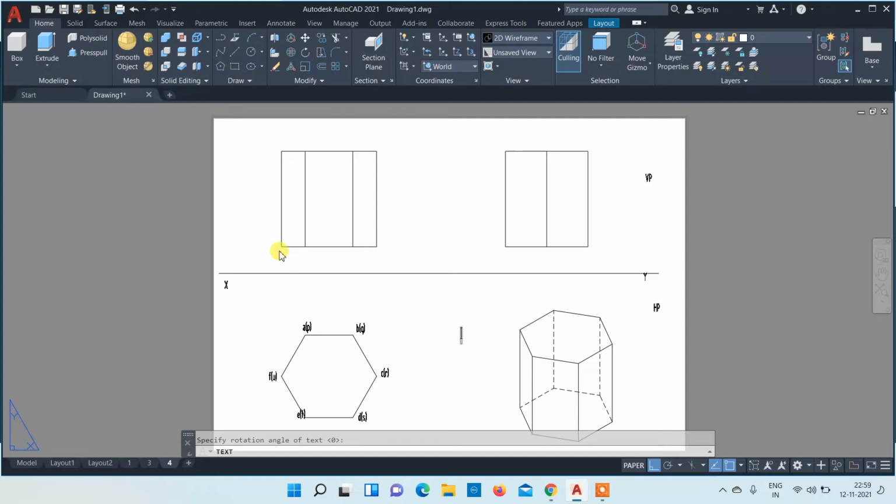In the front view, this one will be F dash.